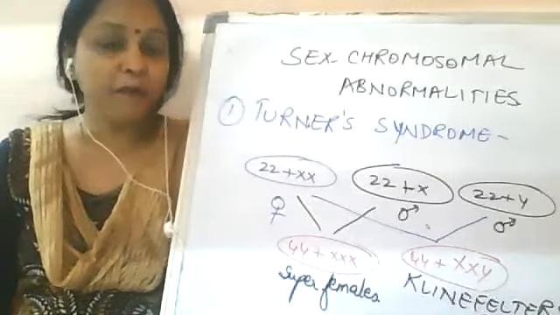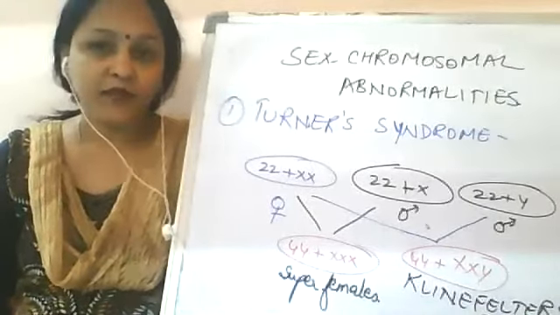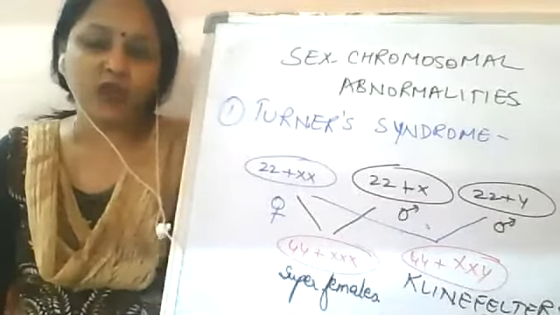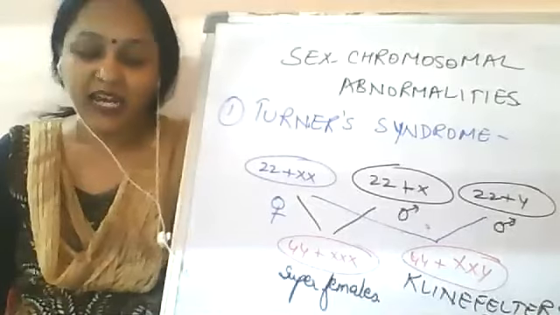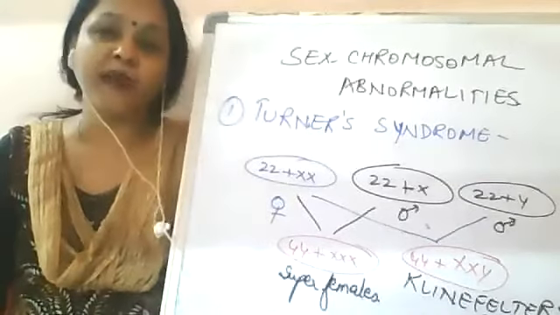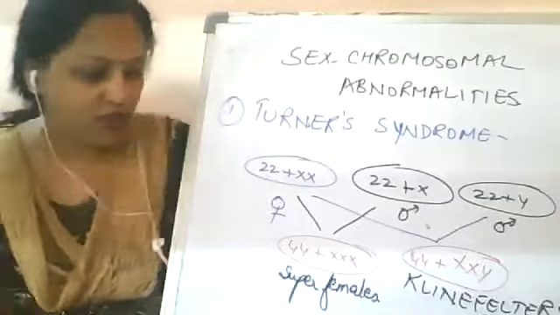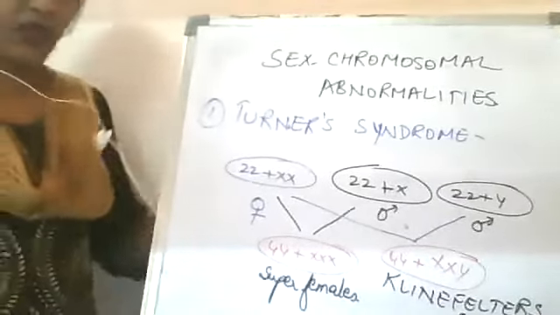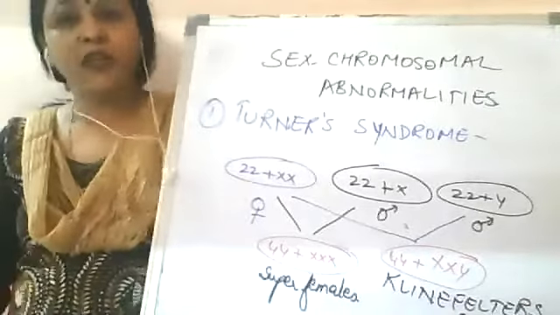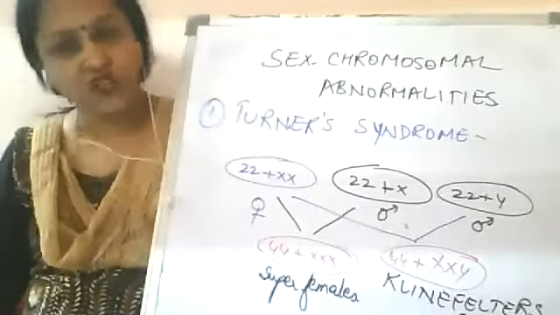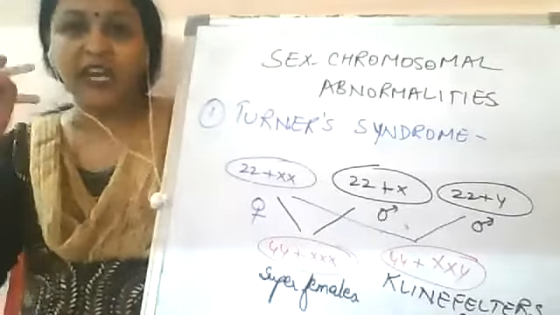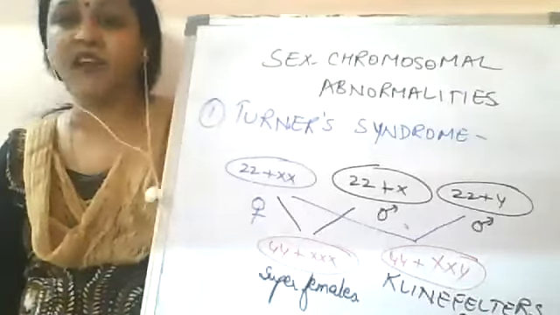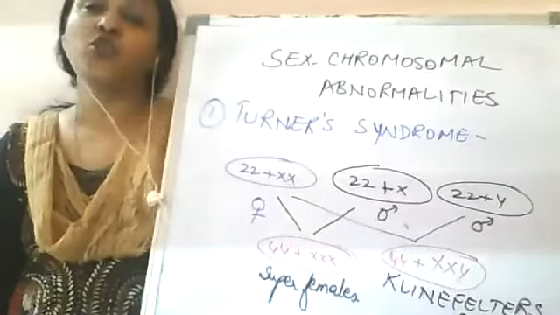and a high, feminine-pitched voice. The pitch of males and females is different, so in them the femininity comes in their voice, that is, the pitch of the voice changes. And last, they may suffer from enlarged breasts, so mammary gland development may take place in such males. Okay, so this was Klinefelter syndrome. Side by side, we have also discussed super females. So the second type of chromosomal disorder is also completed when we do this chart. The only thing left which is not there in your NCERT is super males.